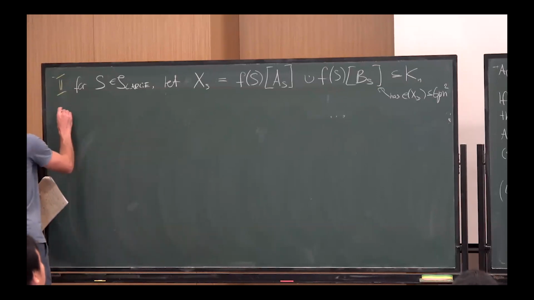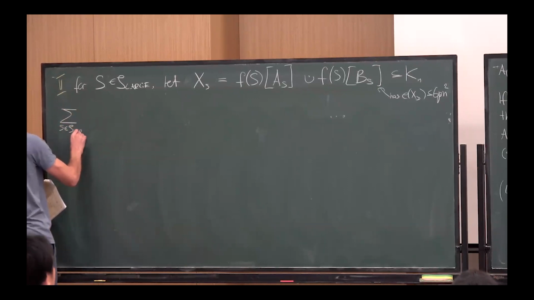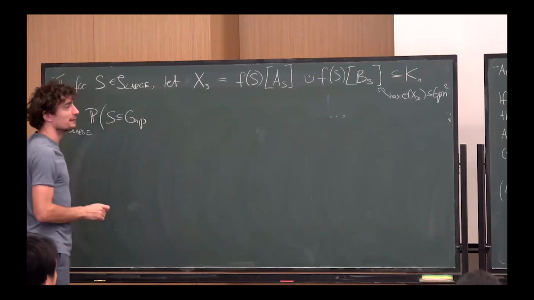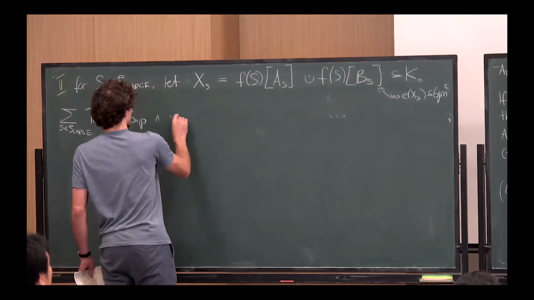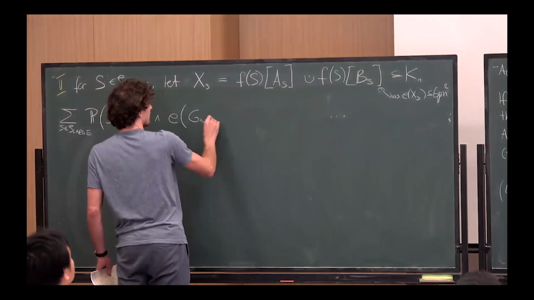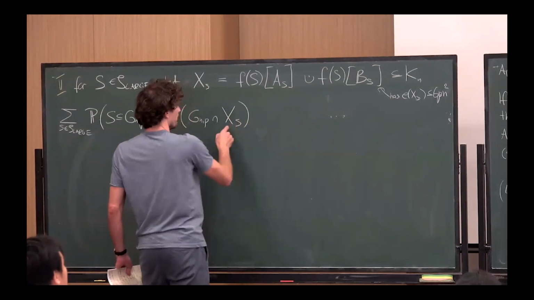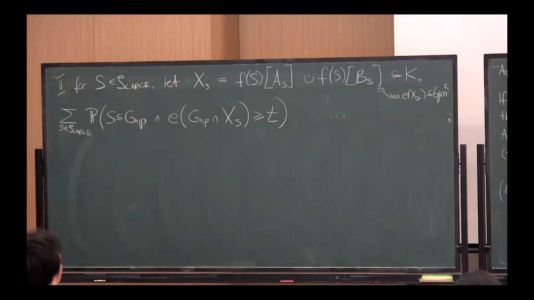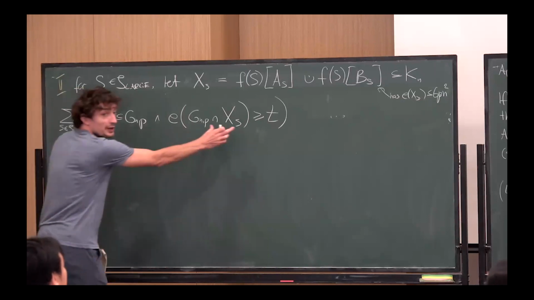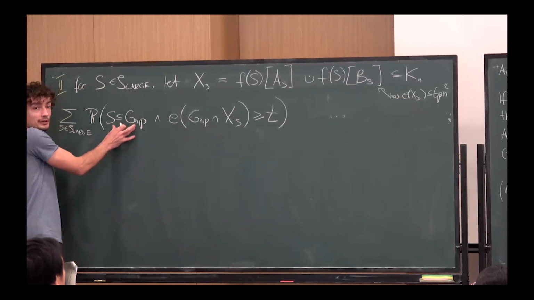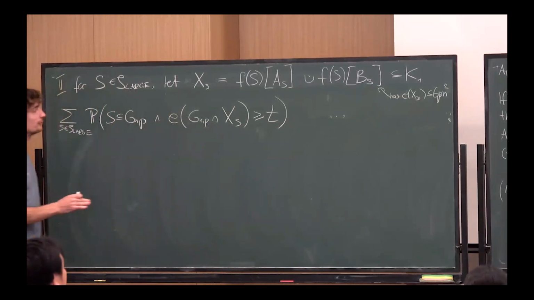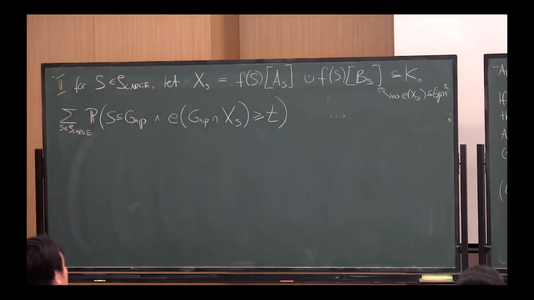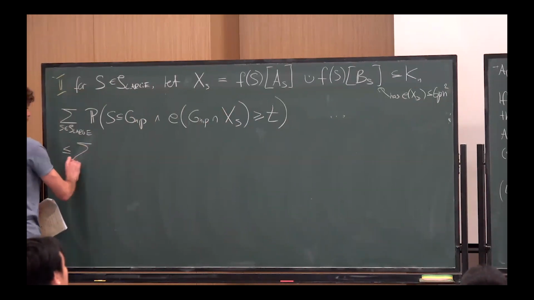And I can rewrite now the sum precisely as each term is the probability that S is in G and P, and the number of edges that G and P has among the pairs in XS, this is at least T. And this is an upper tail event again. And this is again the kind of sum that we've dealt with before. The only difference now is that actually T is way, way above the expectation. So we don't even have to use Hobley, we could use a simple union bound, but say, just for the sake